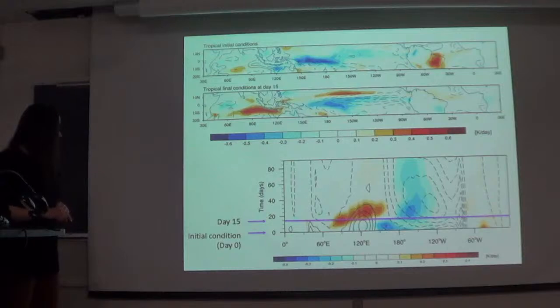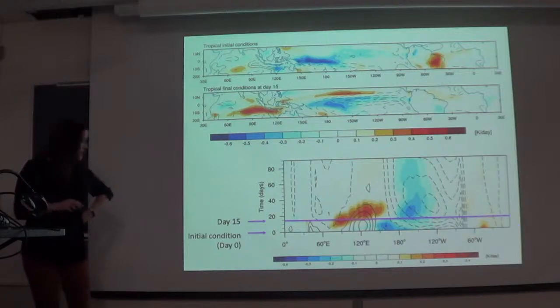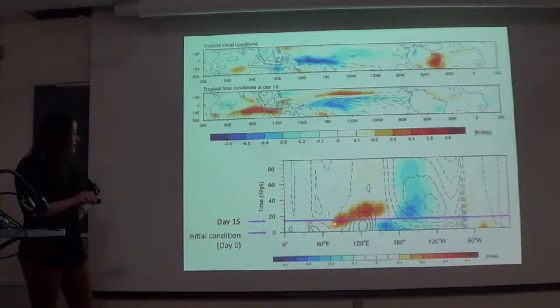Our initial condition is at day 0, and here you can see that the anomalies over the Pacific persist. So we have the SST and the heating anomalies across the Pacific, which will persist for the full 90 days, a whole winter season. And then we also see this eastward propagating heating from the Indian Ocean towards the Western